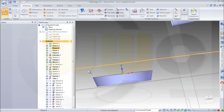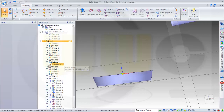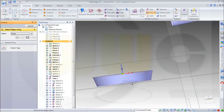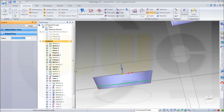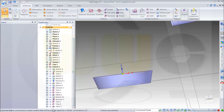So there might be still another problem in the sketch before the sweep. Sketch 1. Sketch 2, yeah, of course. So I might extend this a little bit. That would be a nice idea. So I could extend this one. Except maybe like this. Finish it. And if I go back there,